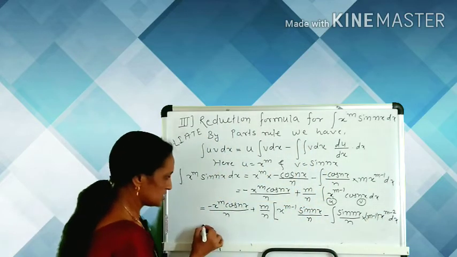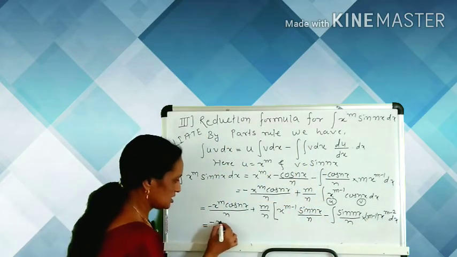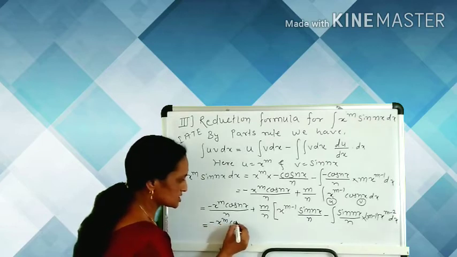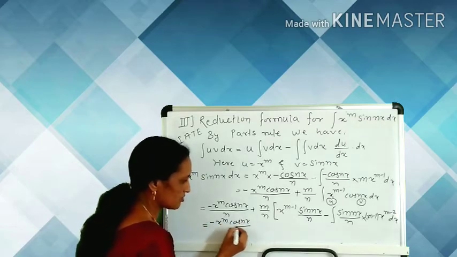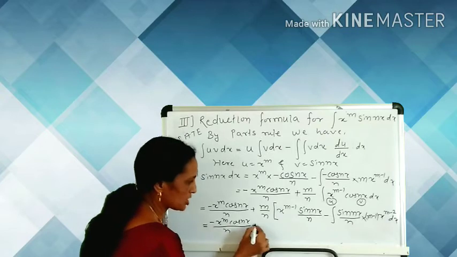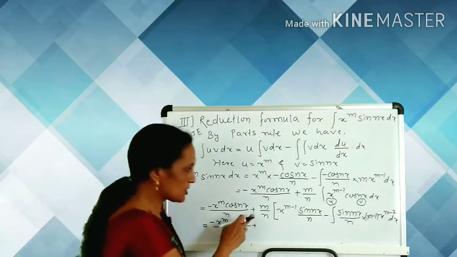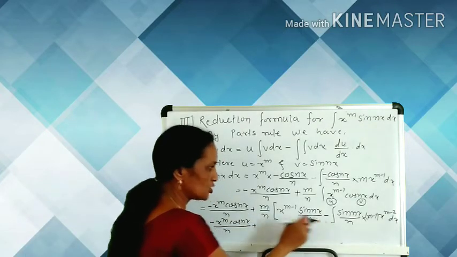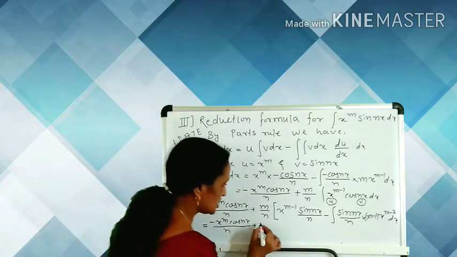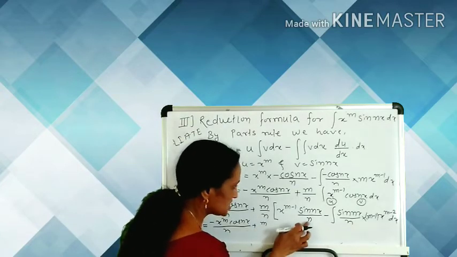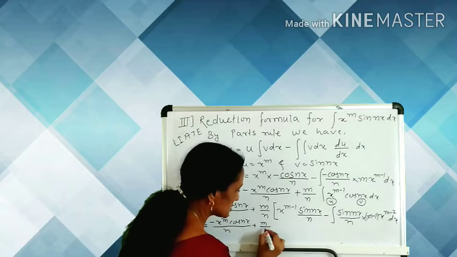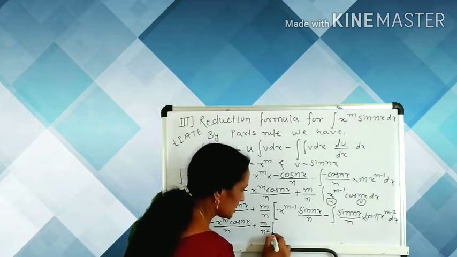Now we write this lastly as x raised to the m cos nx divided by n plus, here we multiply this m by n into the bracket and we get m, and n and n as n square, multiplied by